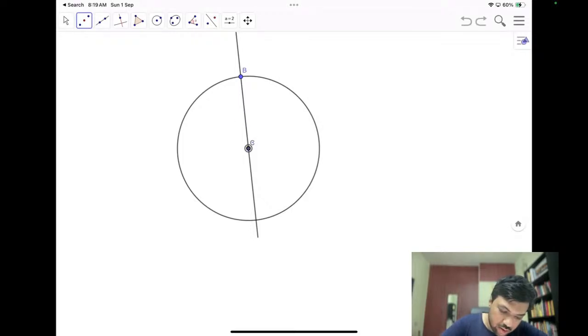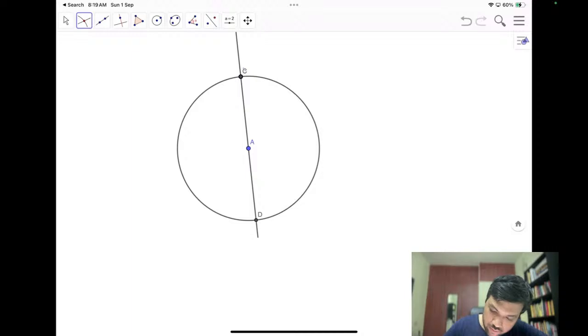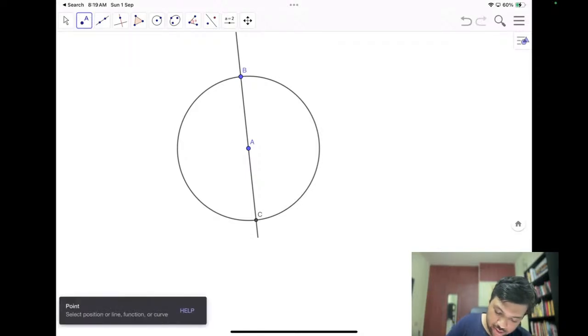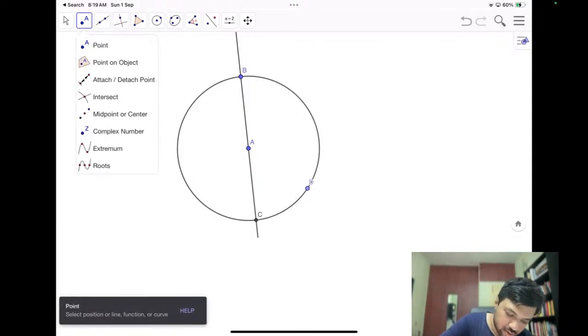Then you intersect this with this here. And then we pick a moving point at random here. Okay. And we join